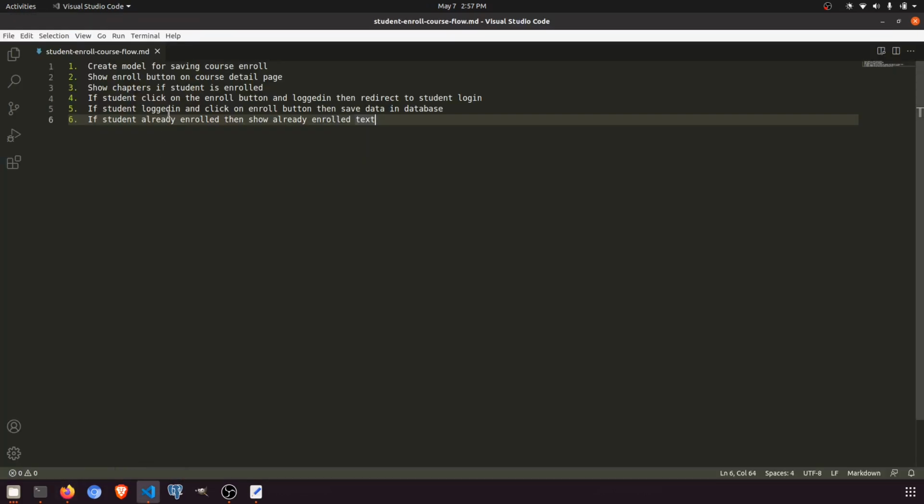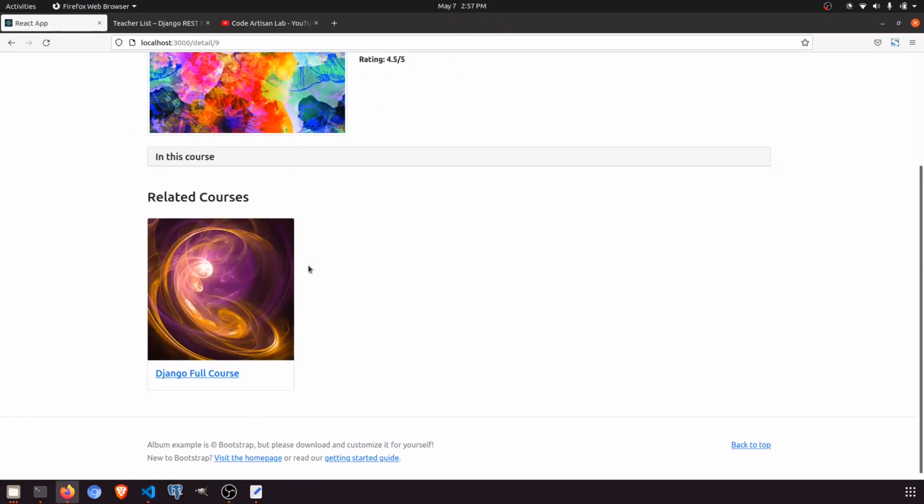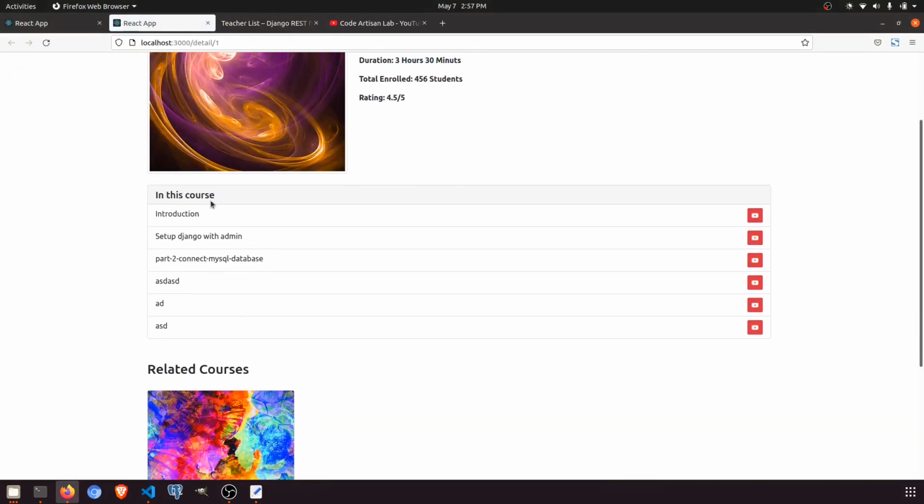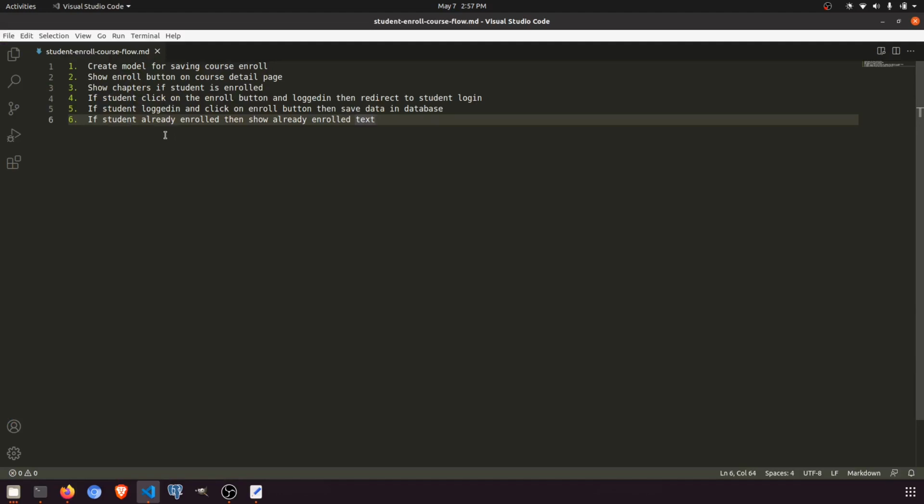The third point, we will show the chapters if the student is enrolled. It means by default we will not show any chapters. Currently we are showing the chapters, but by default it will not show until the student is enrolled. The fourth point, if the student clicks on the enroll button and is not logged in,